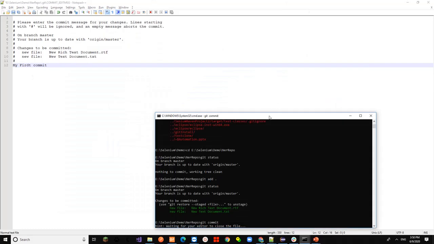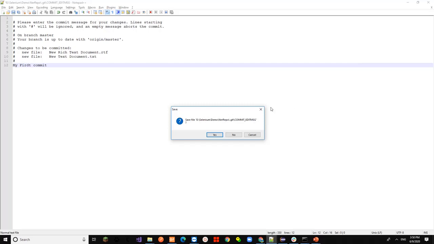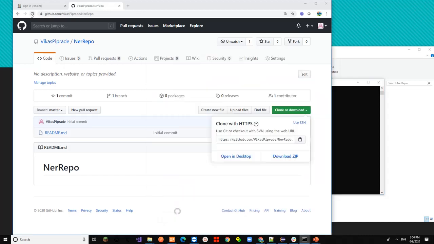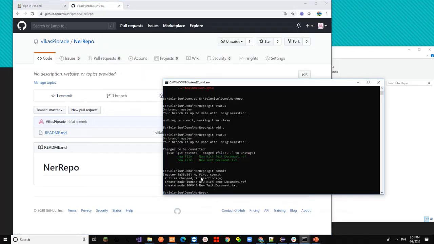As soon as the comment window is closed, those are committed into the git repository. If I refresh the git repository, it should show me the new files. Like these two insertions, it's showing.